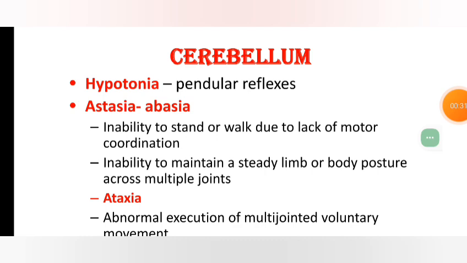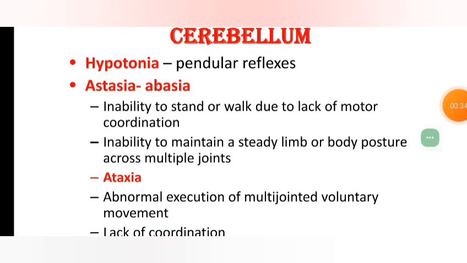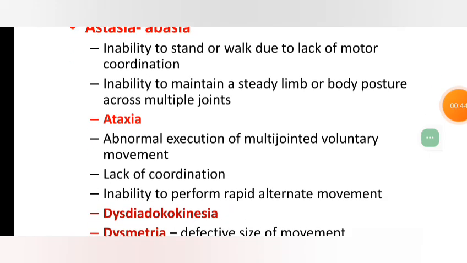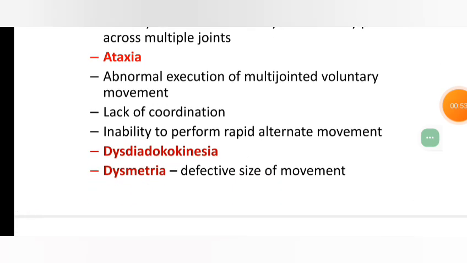Hypotonia, pendular reflexes, astasia, abasia: unable to stand or walk due to lack of motor coordination, unable to maintain a steady limb or body posture across multiple joints. Ataxia: abnormal execution of multi-jointed voluntary movement, lack of coordination, inability to perform rapid alternate movement,